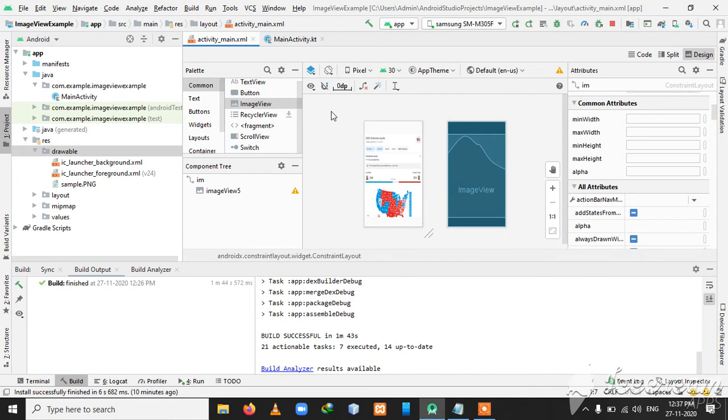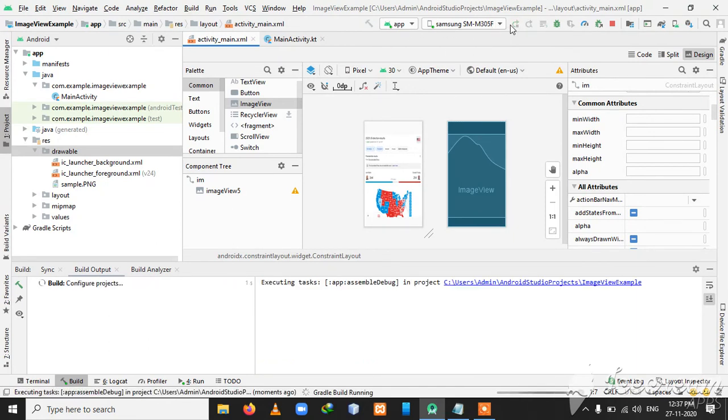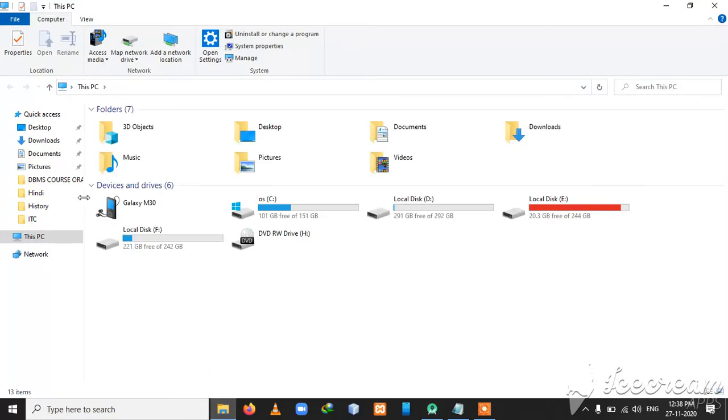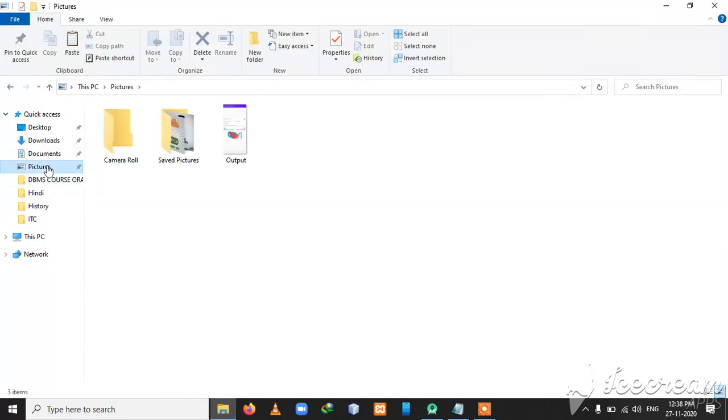Now, due to limited features in my laptop, I am not able to run it in a virtual machine, so I will run this application using USB debugging. Now you can see the output. Now I will show the output I get in my application that I run using USB debugging.